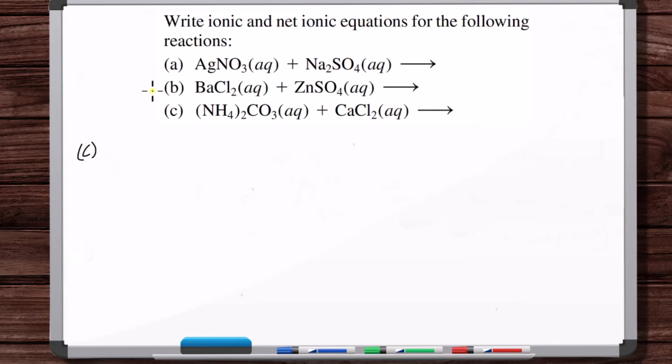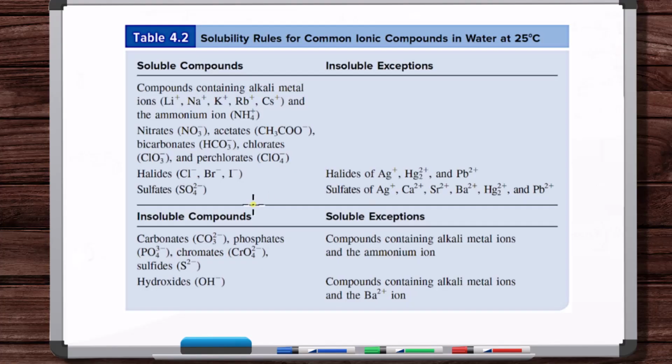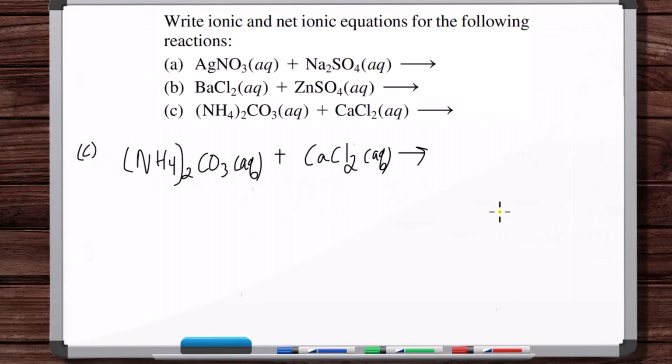Okay. Part C, where we're starting off with ammonium carbonate, aqueous, plus calcium chloride, aqueous. Now when these ions interact, you've got the ammonium and the chloride ions interacting, and ionic compounds that contain the ammonium cation are all soluble. So you have NH4 plus and Cl minus, so NH4Cl